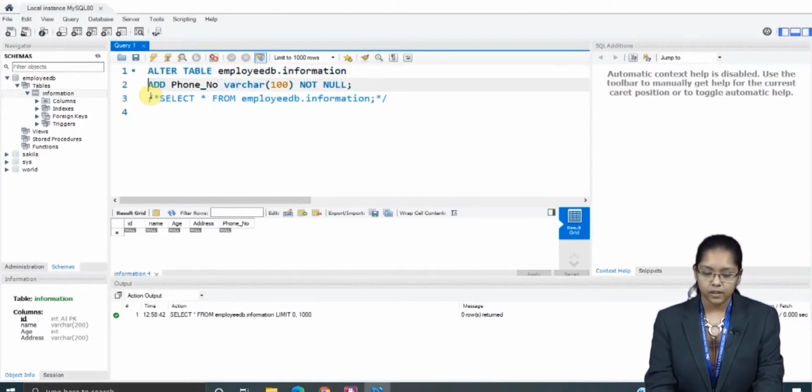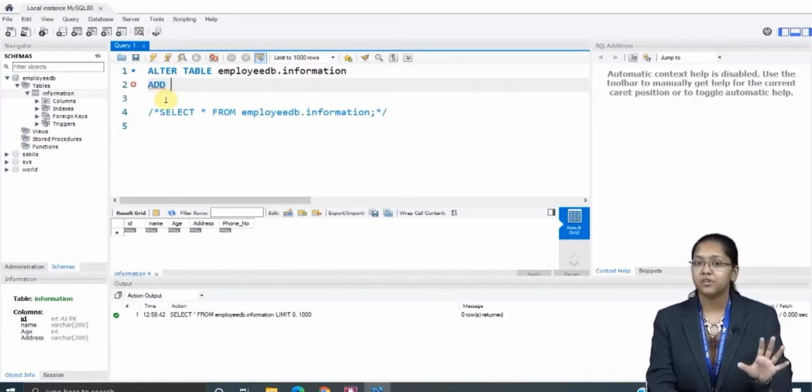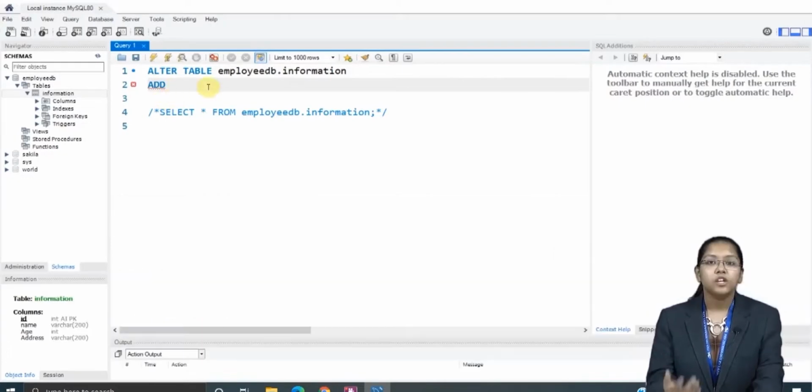Now here I will add. The rest of the syntax will remain the same. Alter table database dot table name, and after that add, because we are going to add a column, so we have to use the add functionality.